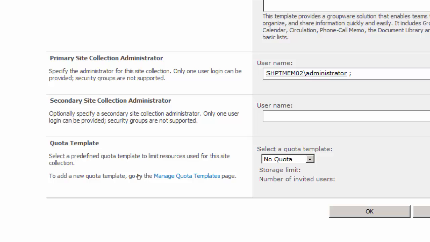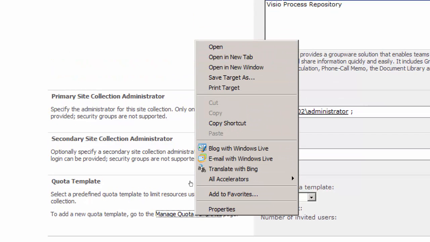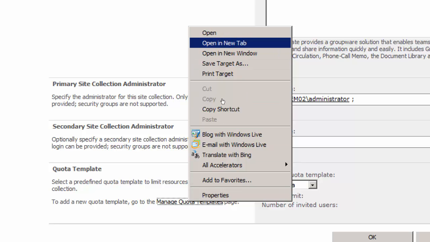It just shows there, right? Select a predefined quota template to limit resources used for this site collection. To add a new quota template, go to manage quota template. This is what we did not do yet last time. If I right click the manage quota template and open in new tab,